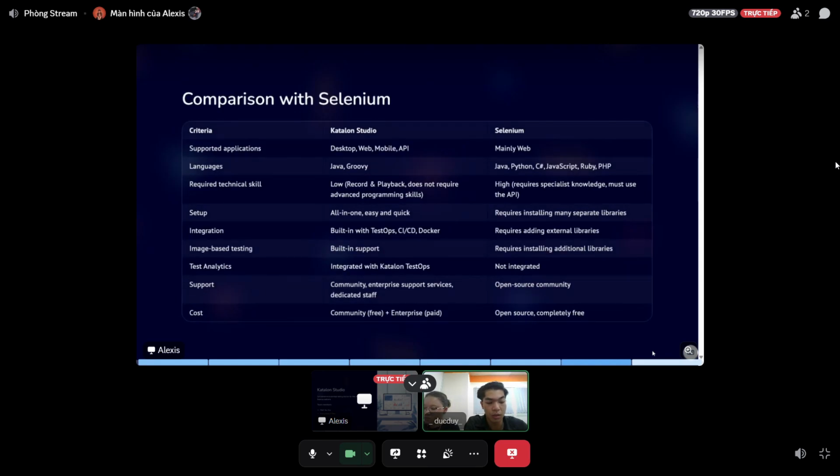Part 4 is the comparison of Katalon Studio and other tools, and my group's is Selenium. In this section, the team will perform a comparison of Katalon Studio with Selenium. About development platform, both Katalon and Selenium support cross-platform development. Supported applications: Katalon Studio is